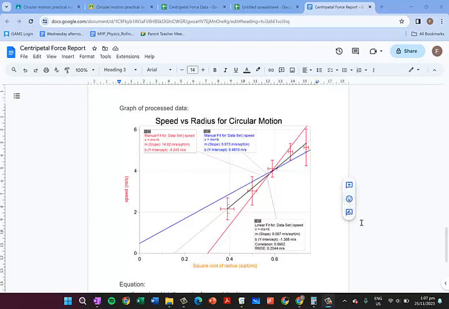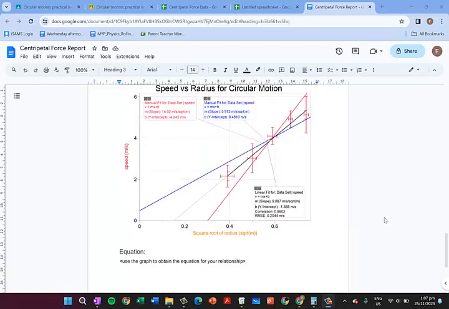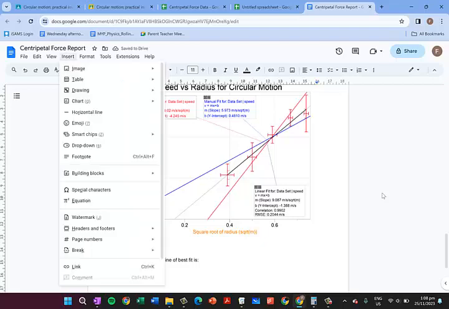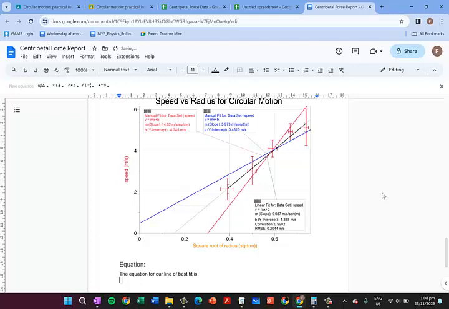Okay, so now we're up to the final step here in our analysis, which is getting the equation and including uncertainties in our equation. So we can write the equation for each of these three lines down here. So the equation for our line of best fit is, and then I'm going to go to the insert drop-down menu and choose equation. And I'm going to write here y equals mx plus c, except our y value is speed, so I'm going to write v is equal to, and the gradient of our line of best fit is